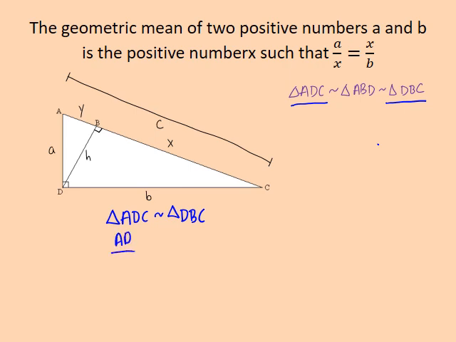So AD divided by DB equals DC divided by BC equals AC divided by DC. Now in this situation, we noticed that DC is in the numerator and the denominator in this proportion. So it occurs twice. So DC is the geometric mean